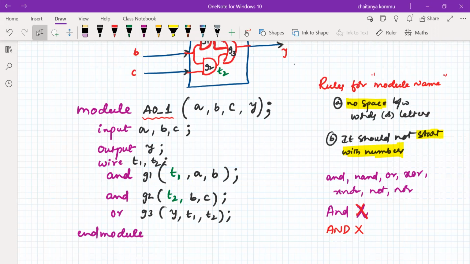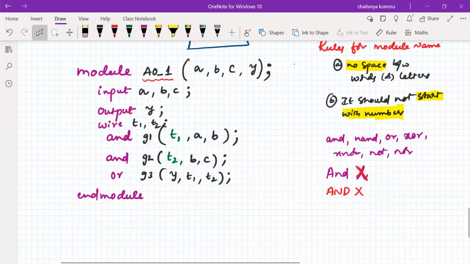We can write the Verilog program by using gate level modeling, something like this. Verilog is very easy, but the only thing is that practice is required. Once you practice everything, it is very easy to understand. First you have to understand small points, then you come to the bigger things. So you can understand it very carefully.